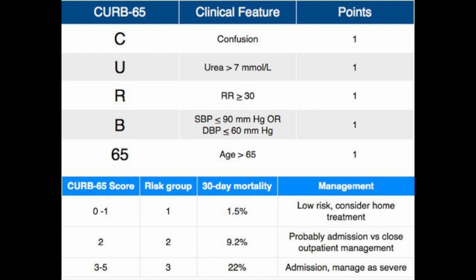So after you have your results of the CURB-65 assessment, if their score is a 0 or a 1, you can go ahead and treat them as outpatient. If they're scoring a 2, I want you to consider a short stay in the hospital or watch very closely as an outpatient. And then finally, if you're getting a score of 3, maybe 4, maybe 5, this type of patient is going to require hospitalization with consideration as to whether the patient needs to be in the intensive care